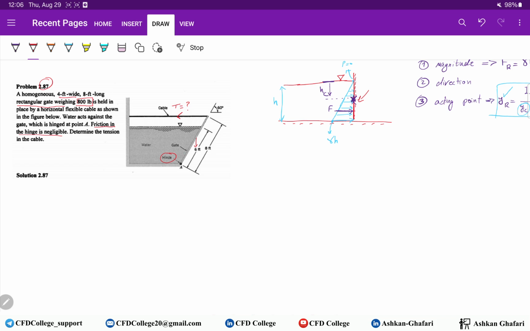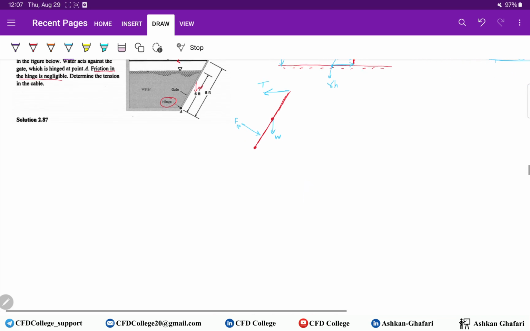In this problem, we know we have weight. So if this is the gate, here is the hinge, we have W, here is the centroid, we have T, the tension of the cable, and we have FR. So we want to find T and we know W, so let's calculate FR. To do that,